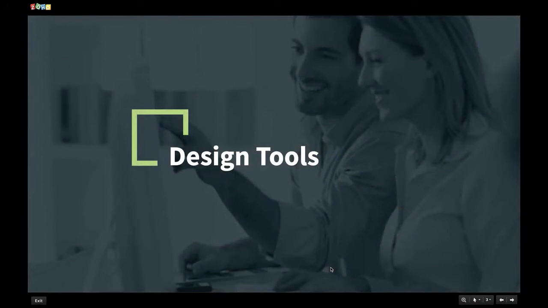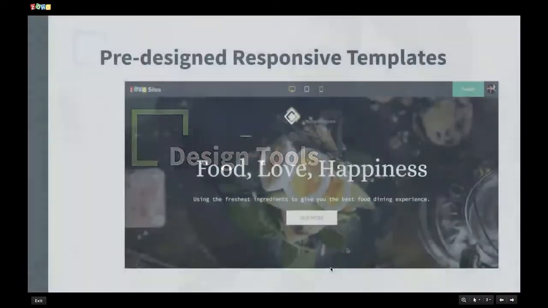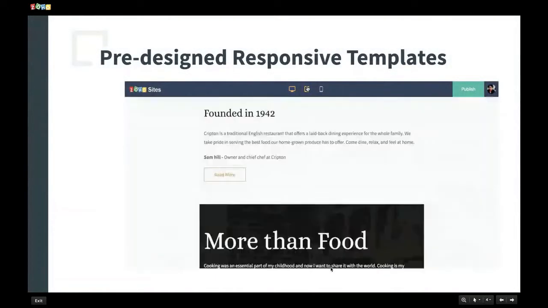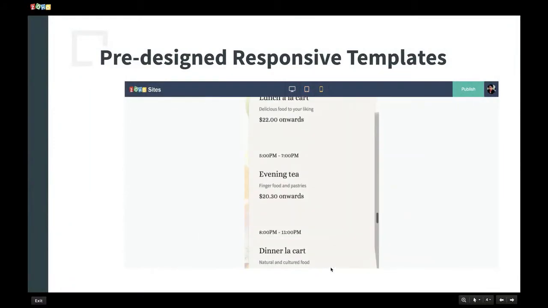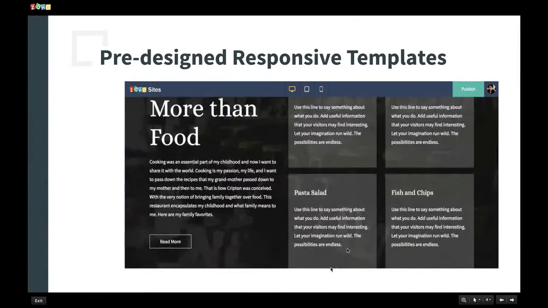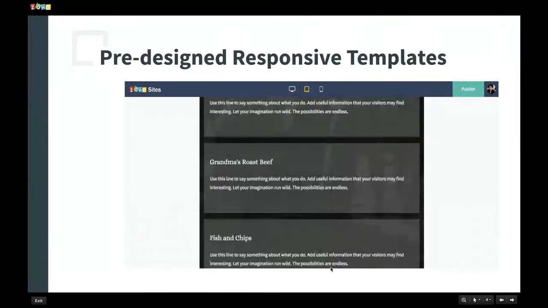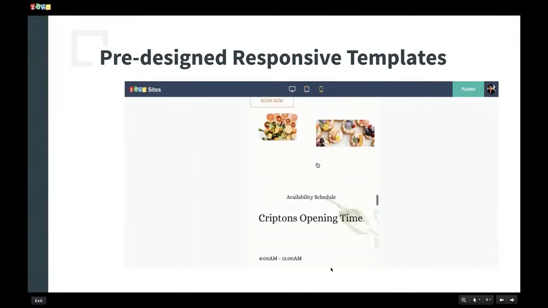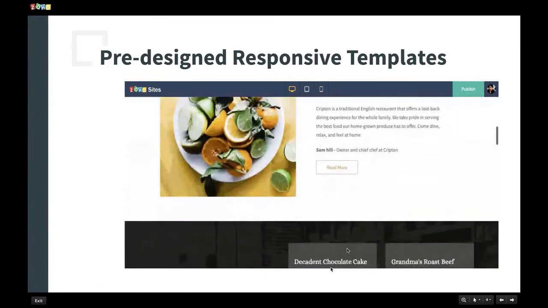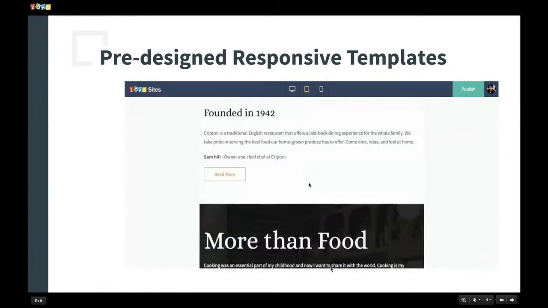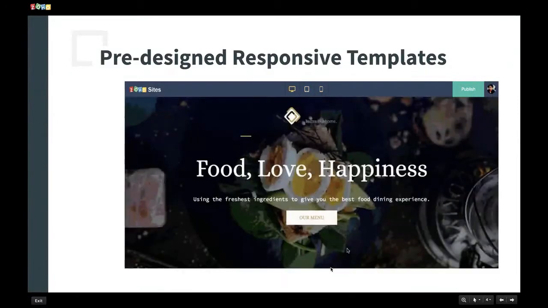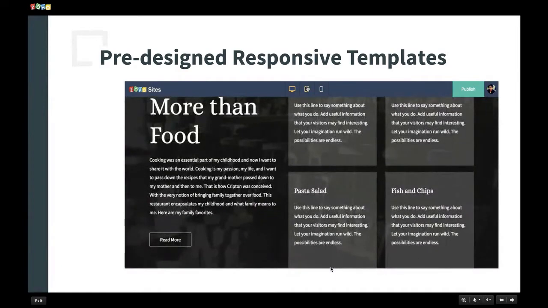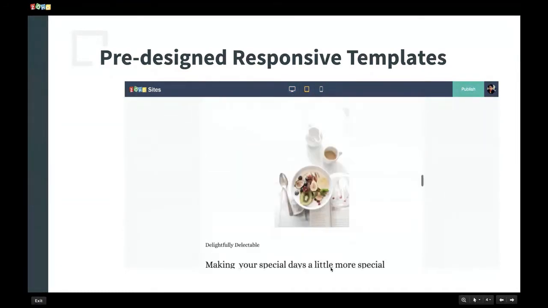I'm just going to run you by a few of the design tools that we have specially curated to help you design your website. So starting off with the pre-designed and responsive templates. We offer over 50 templates which are industry-based and come with captivating imagery and supporting text. What this does exactly is that when it comes to you designing a website, if you choose one of these templates, it'll design your whole website from start to finish, meaning all the default pages which we provide, which are like the home, the contact, and the about us page, will be completely designed as per the industry-based template that